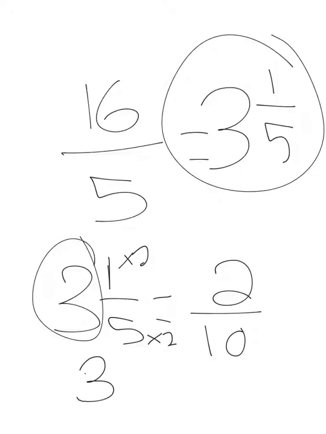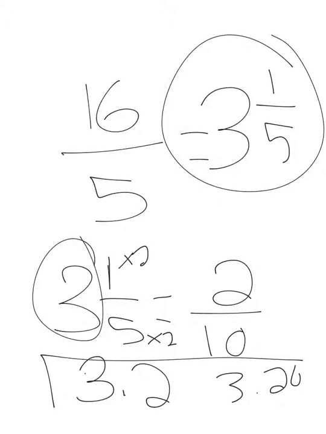My final answer would be I have 3 wholes and 2 tenths, or you could write 3 wholes and 20 hundredths. Both of those answers would be acceptable. All right, I'm going to give you a couple numbers. This is going to be our last problem of the review, and I want you to put them in order from greatest